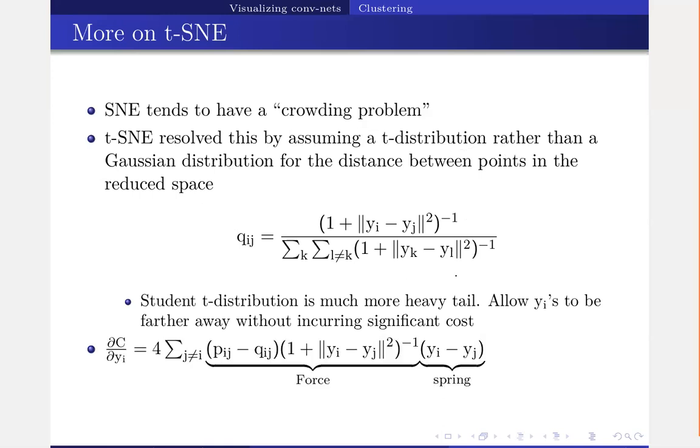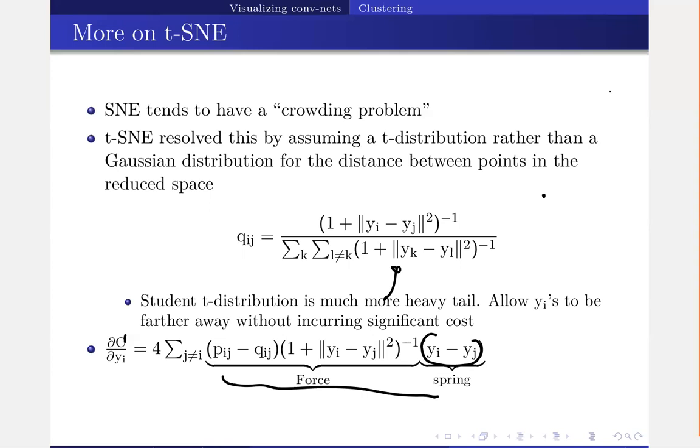So then it will visualize much better. And if you try to derive that, you will see that the update rule will instead become something like this. Essentially, you can think of this update rule as separated into something like a spring and also some kind of force here. The spring will be like, if you have 2 points to start with, yi and yj, let's say,